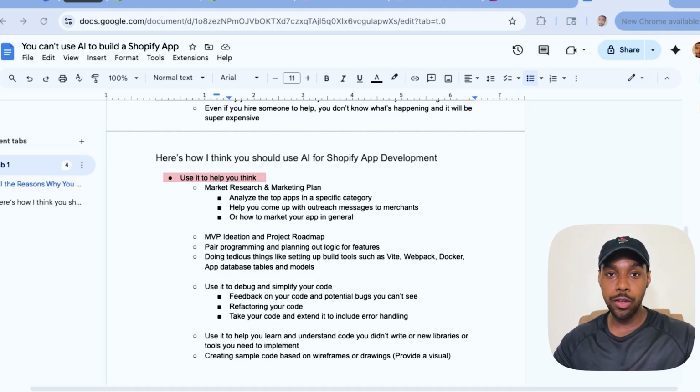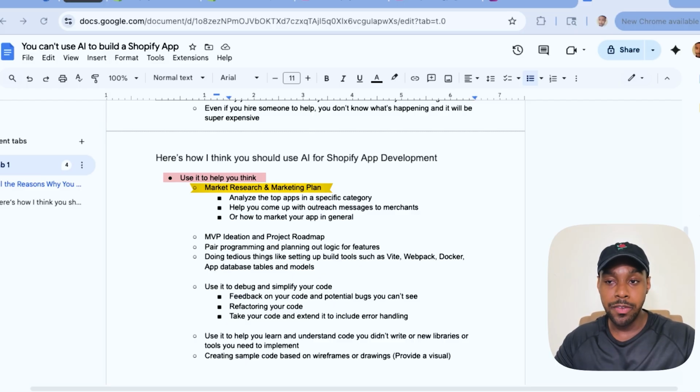And then let's say you find an idea and you're able to build it. Now you have to figure out what's the best way to get my first few users? How do I actually get these people to engage with me? And what does my marketing plan look like here? Those are things I think you should use AI for. So right here, I have a bullet point. Use AI for market research and coming up with your marketing plan. So I have it right here.